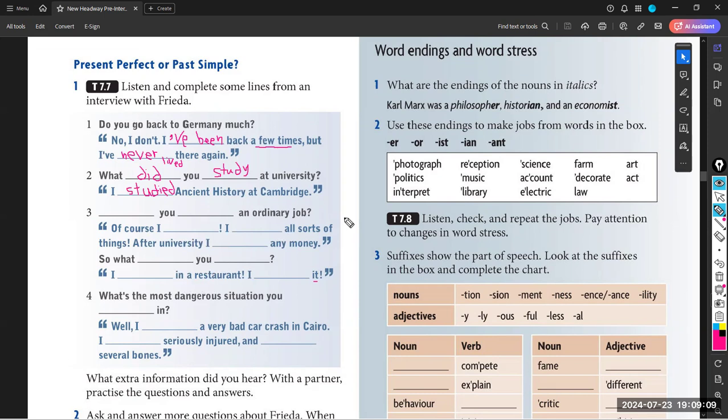3. Have you ever had an ordinary job? Have you? Have you ever? Thank you. Absolutely, because it is the first word, I have to capitalize H, the letter H. Have you